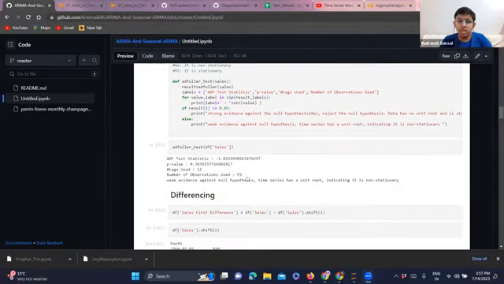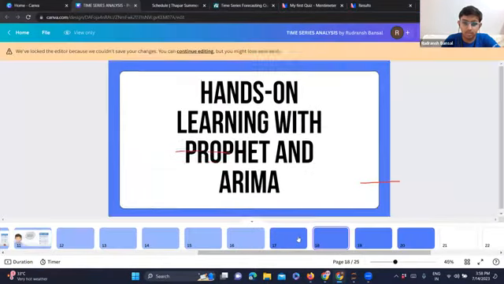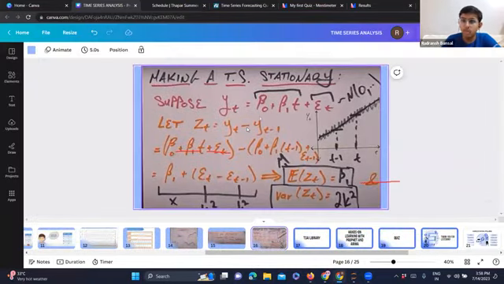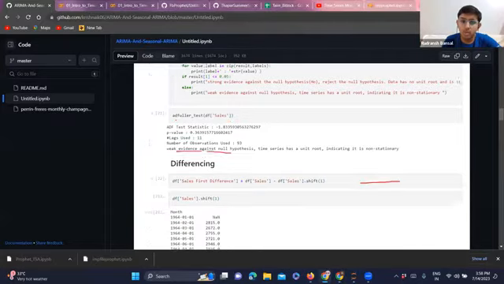Okay, so after we just checked on DF sales, the sales record, we applied this Dickey-Fuller test for stationarity, and we find out that the data is non-stationary. So if the data is non-stationary, what we did in our PPT is we calculate the difference. That's differencing. So what we'll do as a solution to this problem is differencing.